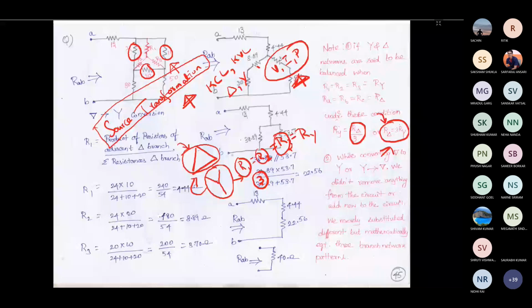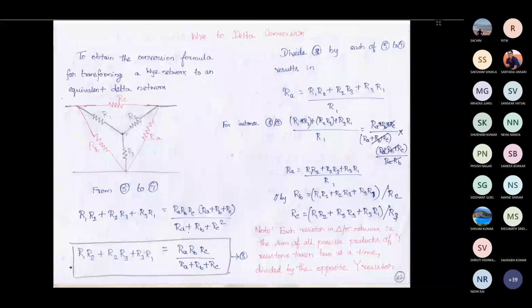In the notes, there is only one change, so just note it down. I have written it as RA plus RB plus RC the whole RC square. Actually, it is the whole square. I forgot the bracket. Only then will these two get cancelled. So you just add a bracket to this. Okay, I am uploading it like this itself. You just add the bracket to this.